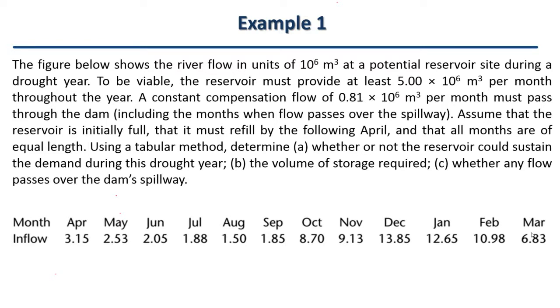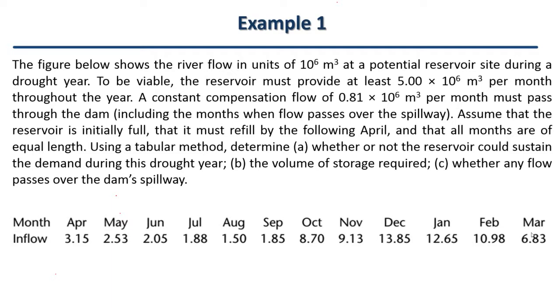For example, April is 3.15 million, May is 2.53 million cubic meters, and so on. This is the inflow. Anyway, for the demand or supply, in the second line, to be viable, the reservoir must provide at least 5 million cubic meters per month throughout the year. The demand could be irrigation water, or domestic use, or industrial use as well. We need to provide that 5 million cubic meters per